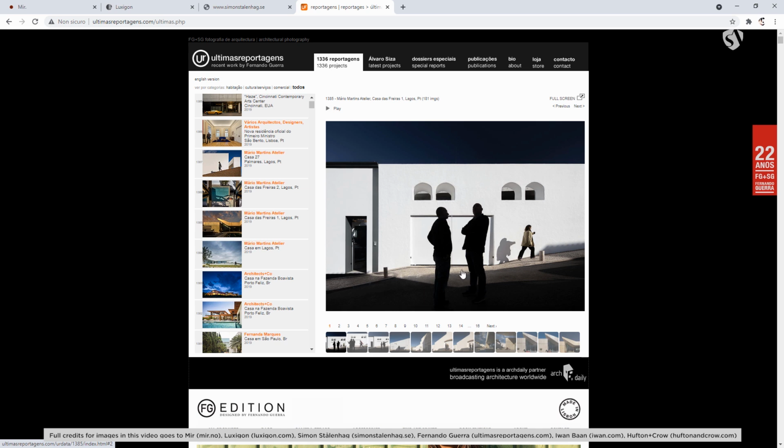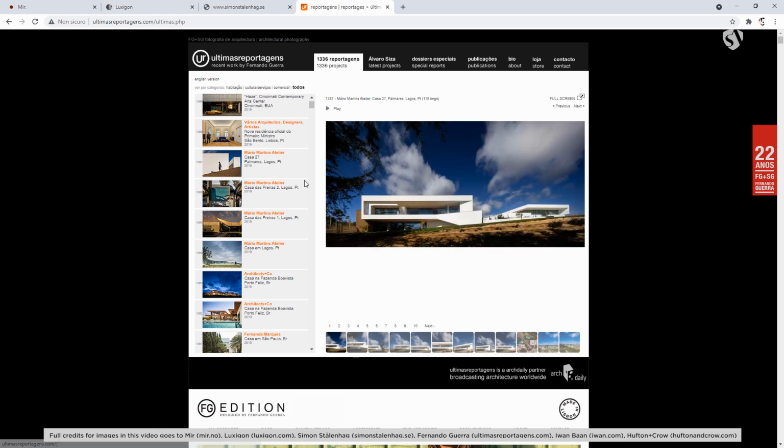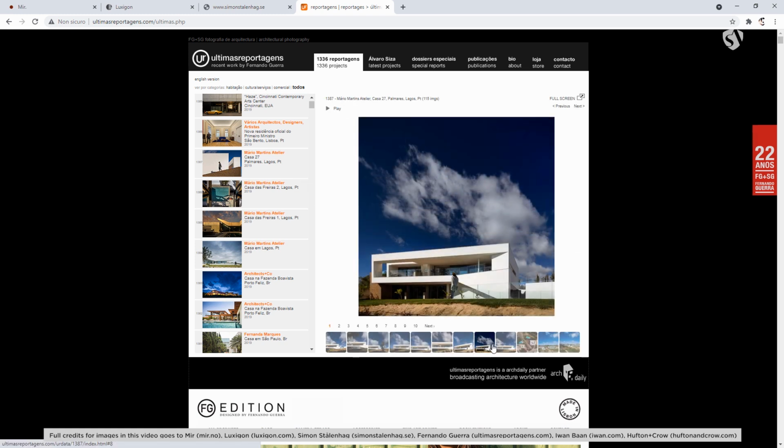The thing is, he used people as a part of the story, and this is great, this is incredible, because then buildings are made for people. And when you look at the building itself without anyone around, sometimes you feel not inside the picture. So the fact that we have someone there forces us to feel you are there, and also gives